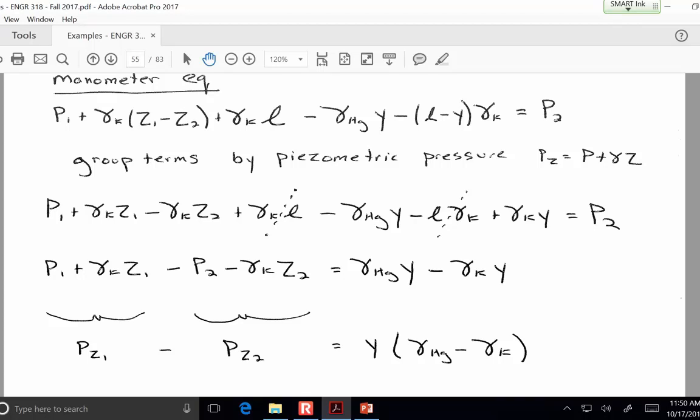Okay, so we've just reproved to ourselves something that, if you went back through your notes, you would see we've already said: delta P sub Z in a manometer is the difference in the unit weights multiplied by the deflection. So this manometer doesn't just measure pressure, it measures the difference in piezometric pressure between 2 points. And that's important because in this